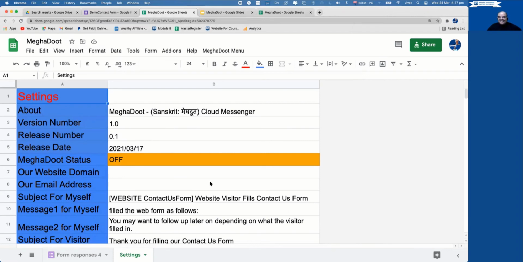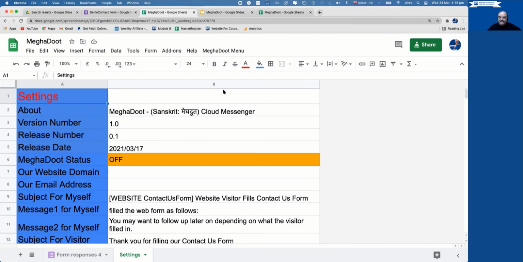Okay. I click on the Meghadut menu again and select the option always show sidebar as you open. This will allow a menu with buttons to appear as I open this file. No change will be visible until I refresh the browser tab.